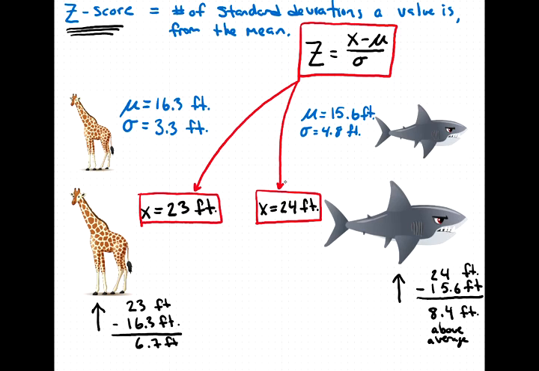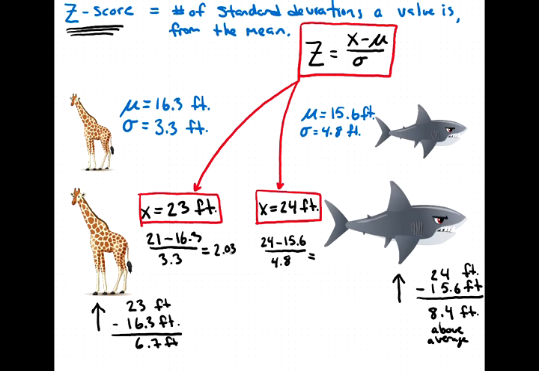Okay, so giraffe. We do 23 minus 16.3, which we already have down here, 6.7. Divide that by the standard deviation of the set, which is 3.3. And for the shark, we take the 24, subtract off the 15.6, and divide that by the standard deviation of its set. And if you put that into a calculator, and you'll just trust me on this, or you could pause the video and verify this, if we convert these to z-scores, we get